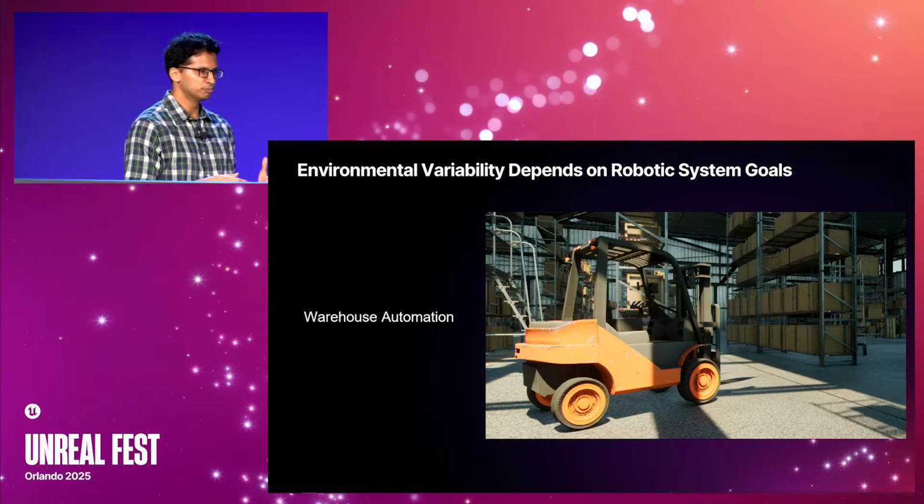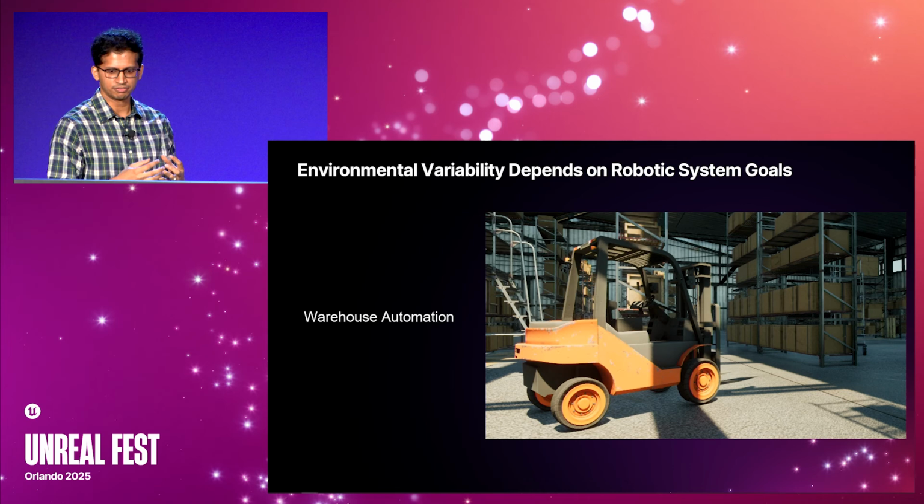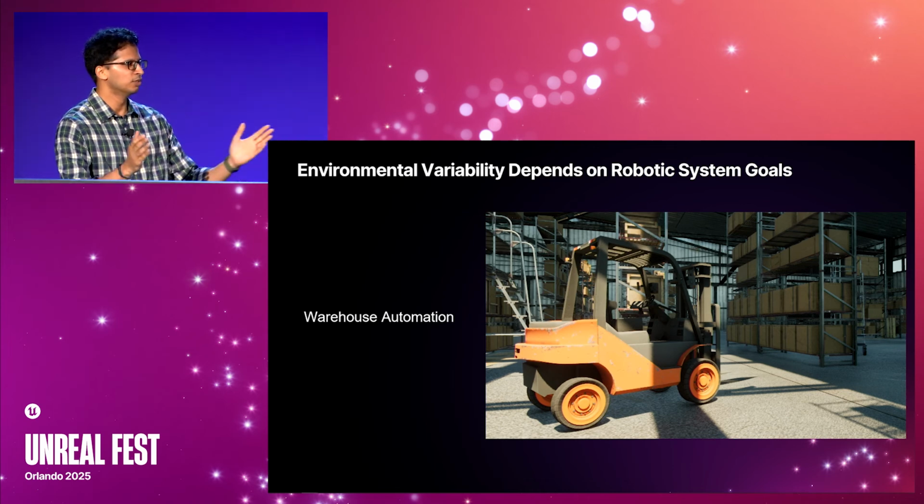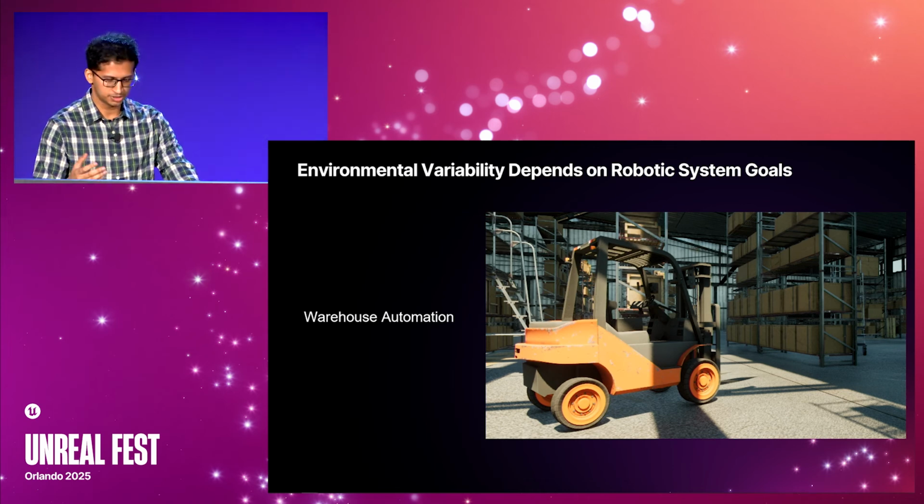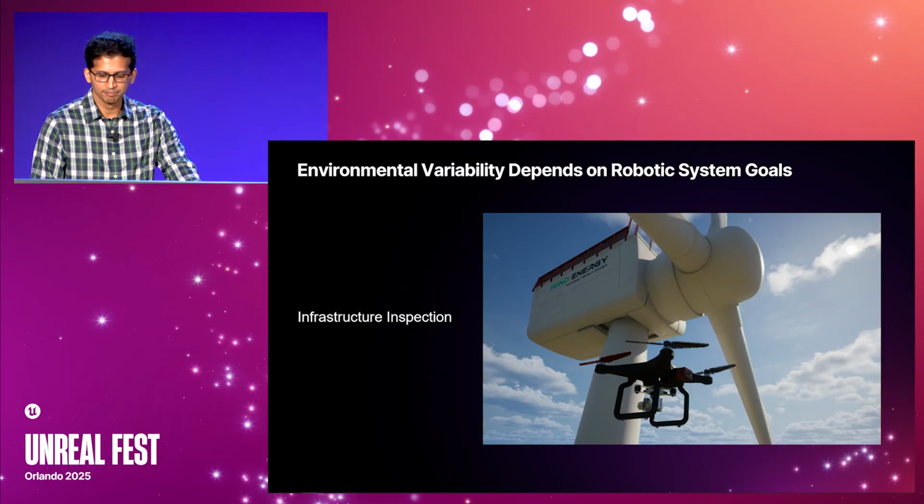You can talk about stuff like warehouse automation. Now you have forklifts, maybe multiple of them in warehouses, going and coordinating with each other. They need to go pick up boxes and leave them in a different place, and you'd need all of these individual objects to be movable and have their own physics and everything like that. They're not just static rows of shelves anymore. So that's something again we'll have to go build.